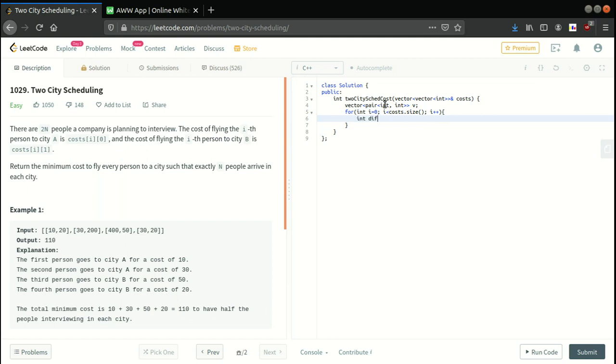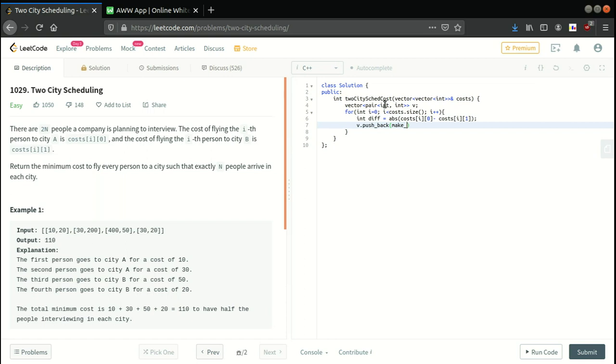Int difference will be absolute of costs[i][0] minus costs[i][1]. Okay, so this is our difference, and now we are going to push this pair.